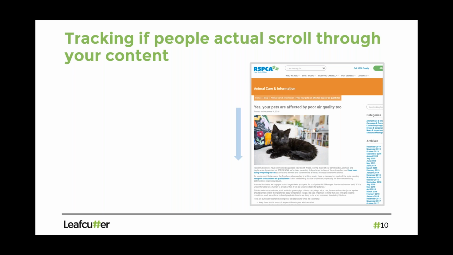We can set those different scroll points and then track that on a page-by-page level. And so the questions we can answer are, well, how far through the content did people get? And that might help us optimize how long our content should be. And this is not just blogs; it could be resources or service descriptions, anything else like that on your website.